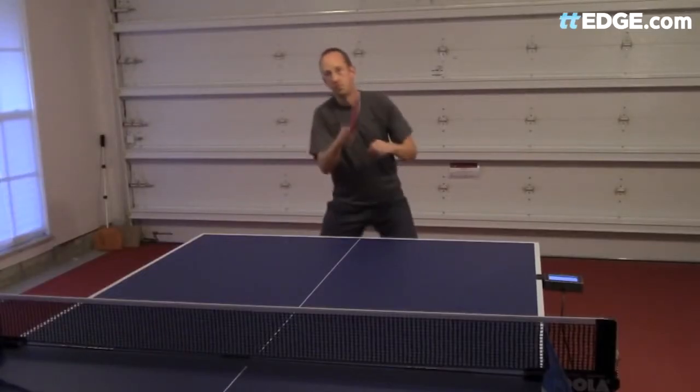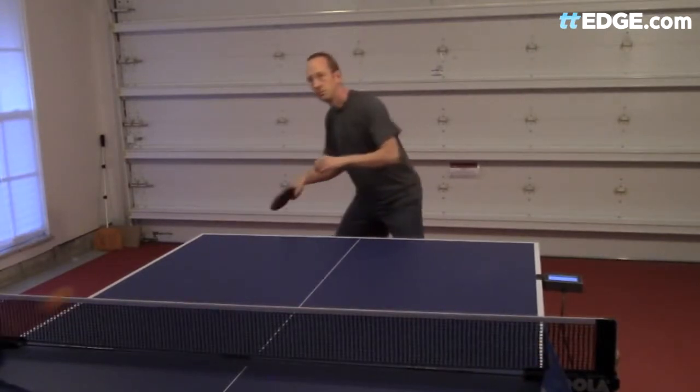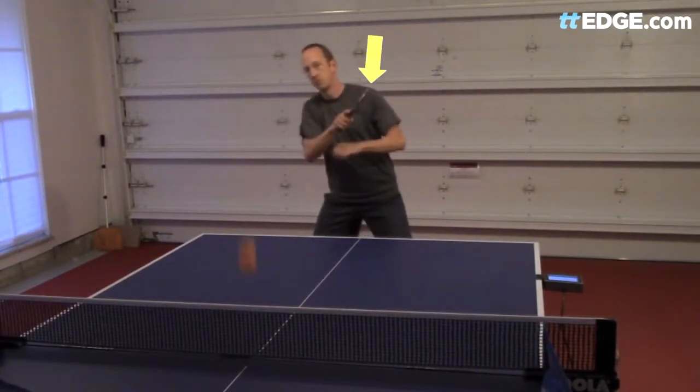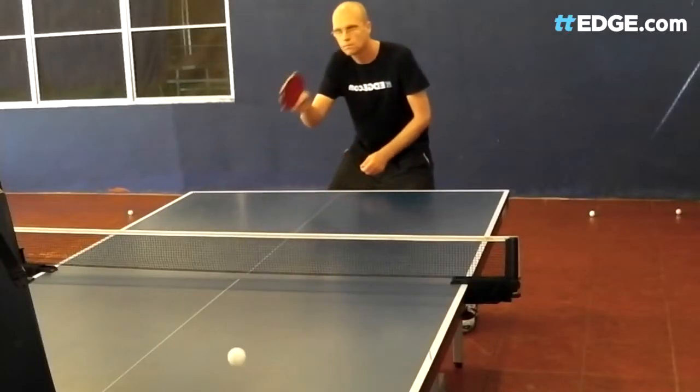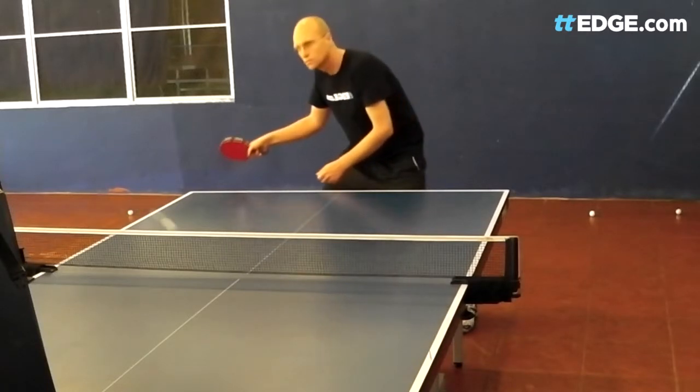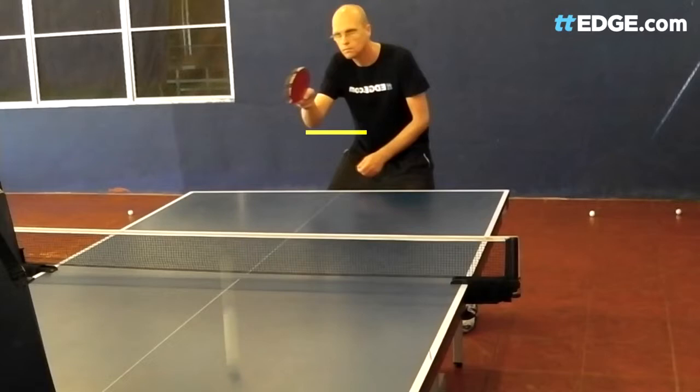One of the consequences of having poor elbow position is Ben doesn't offer the ball the full face of the bat. If Ben was to contact the ball here in his swing, it would land somewhere here. I'm alluding to a bigger topic here and I will cover it in an upcoming video. For now, it's important to know that the ball should have a reasonable chance of going on the table regardless of where you strike it in your swing. So once Ben has the elbow out to the side, he should be finishing around this point here